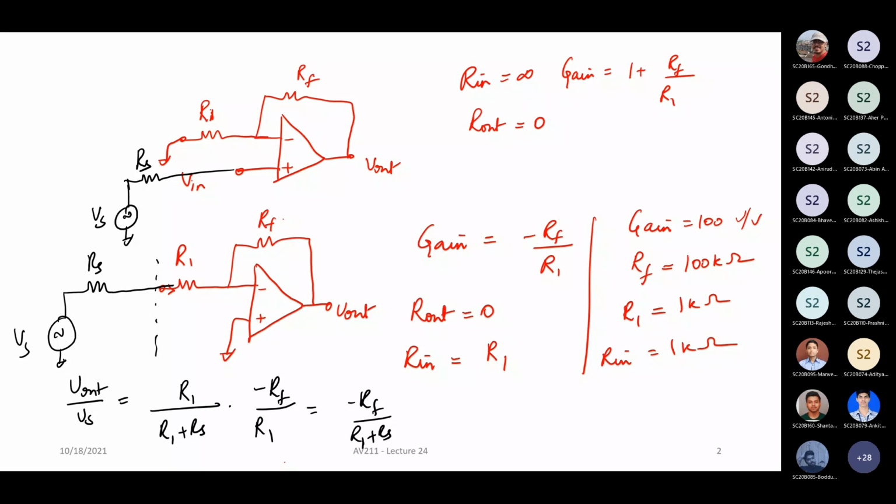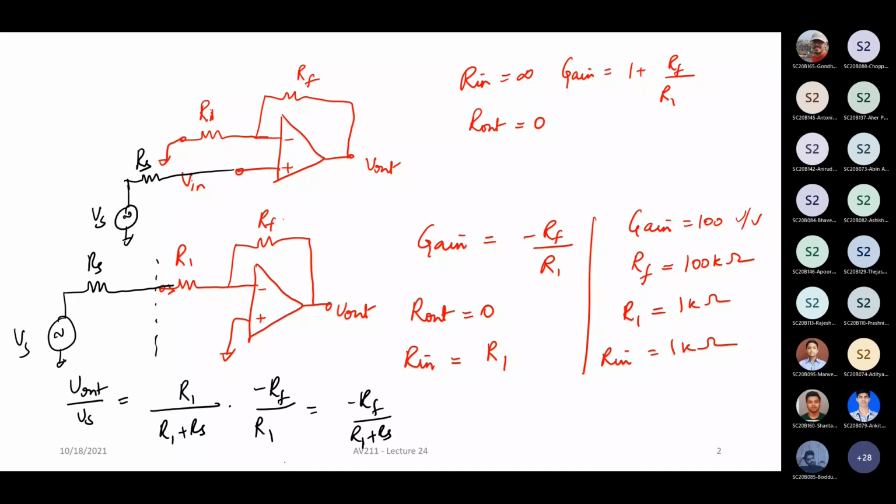So one thing that you can tell is, if you just increase R1 and correspondingly increase RF, that is the only thing that you can basically do with this particular circuit. So if you want a gain of 100, and you want your input impedance to be at least 10 kilo ohm, then you have to go for a 1 mega ohm feedback resistor. If you want even higher input impedance, you've got to keep increasing the input resistor.